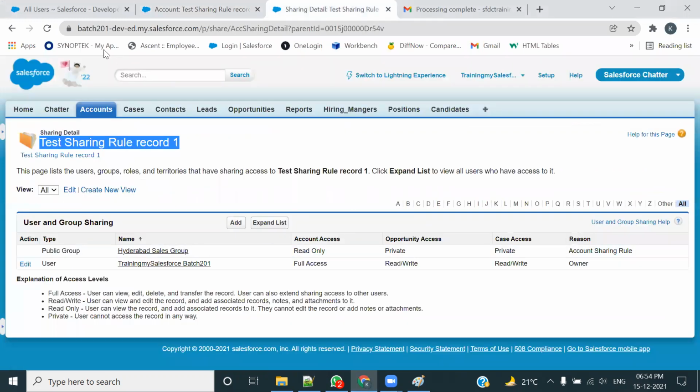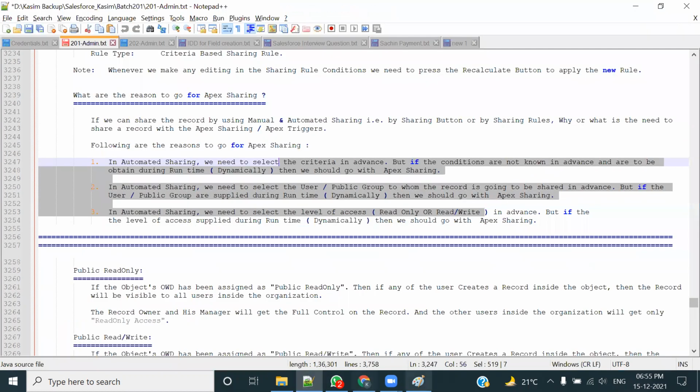AND का मतलब ये होता है कि ये और ये तीनों चीजें सैटिस्फाइड होनी चाहिए, तो ही हम कर सकते हैं।